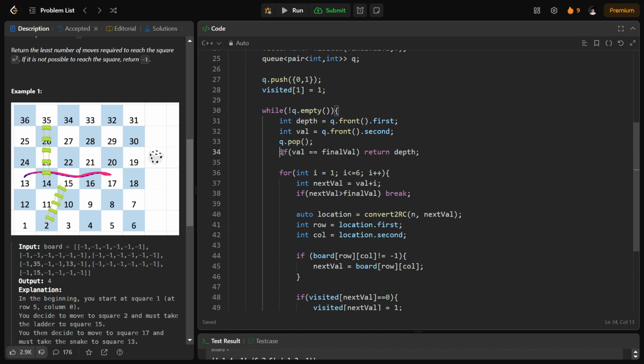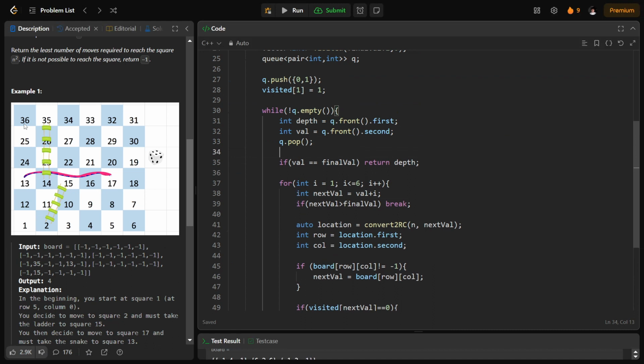Finally, I'll check if this value is my final value, that means it's the last value, then I just return its depth, right? Because I've reached it for the very first time, and this is the minimum, because we are using a breadth first search. And why this would give the minimum value, I would like you to